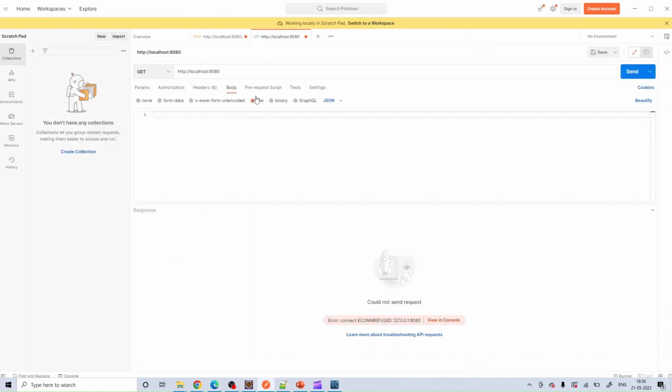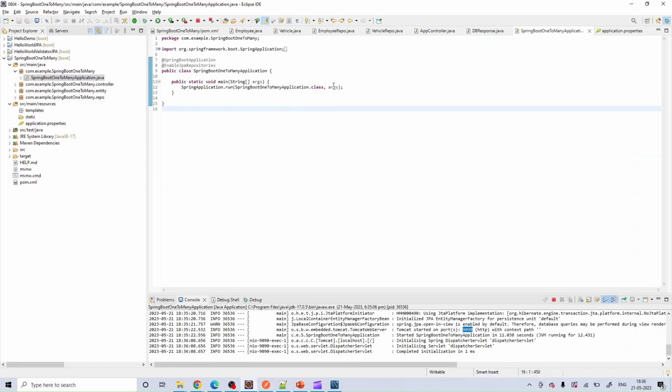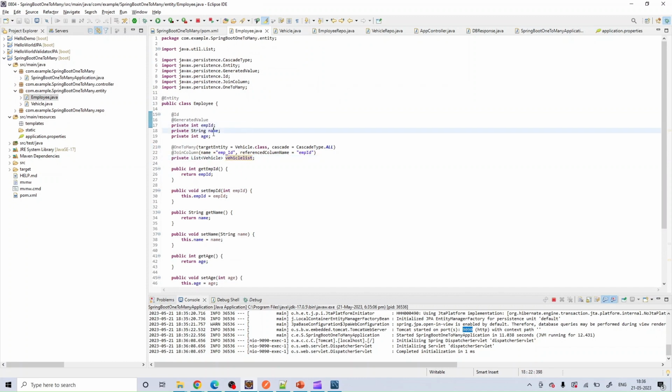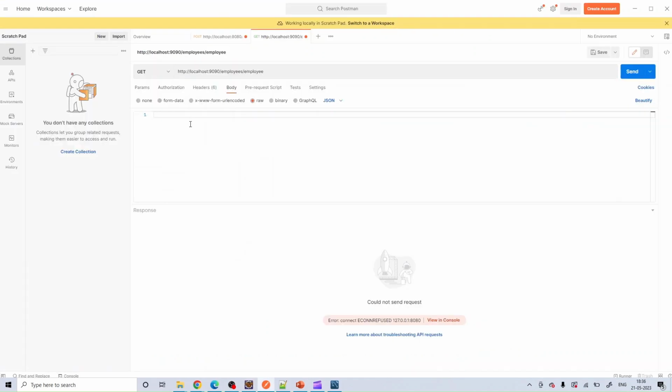Now I'll go to Postman, and here I'll change it to 9090/employees/employee, and let's create an object. So our object is the employee class. Basically it has emp id, name, age. I'll create an object. I'll name it as Vijay. Sorry, this would be emp name. The id will be automatically generated. Age is 30,